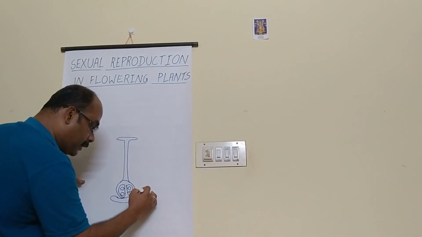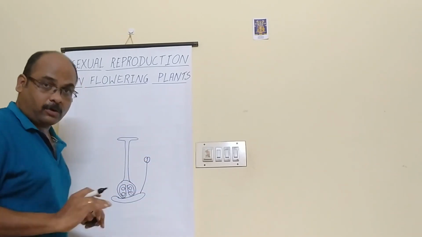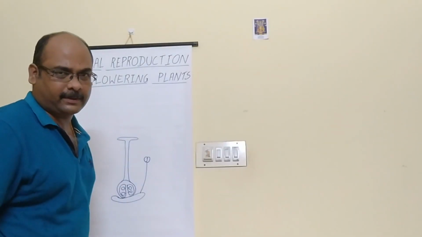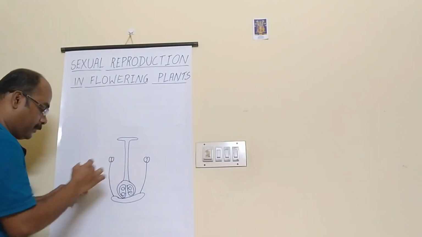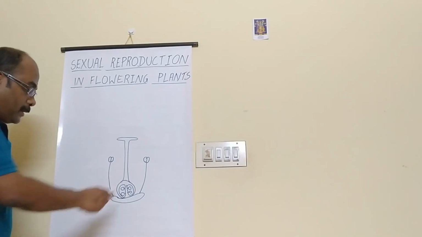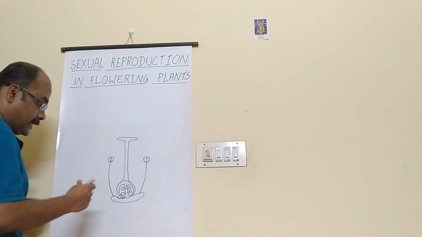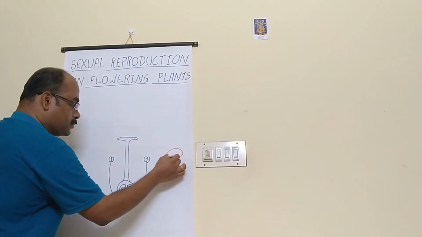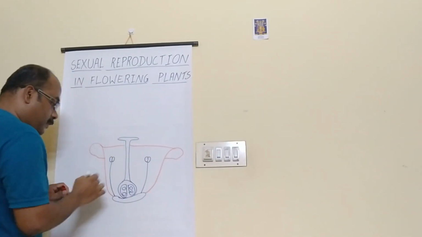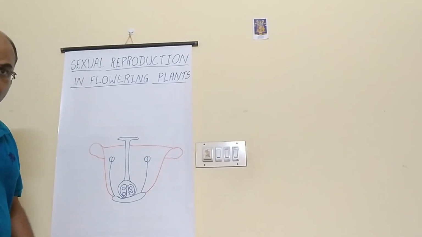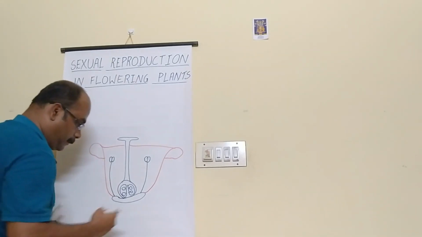Next you have to draw the male part. It has a filament, and two anther lobes are there. Two parts are there for the anther. We can call them anther lobes. Then another filament and anther. So this is the male part, and this is the female part. Okay. Next we have to draw the petals. So here I am drawing the petals with red color. Okay. And after this you have to draw the sepal, which is green in color. So I will use the green color.